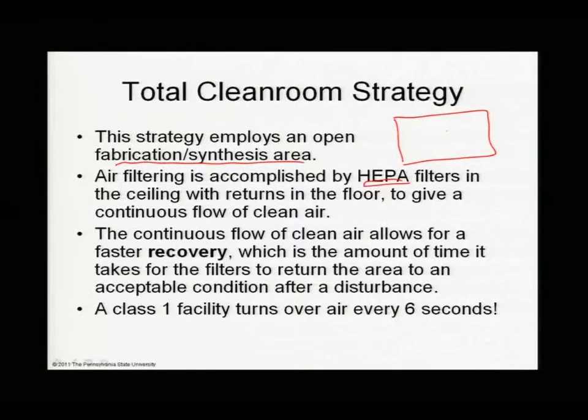The clean rooms are designed to try to make that flow laminar, because we don't want mixing, as we said. We want laminar flow. We don't want turbulent flow. Turbulent flow gives rise to mixing, mixes things up. And this continuous flow through the HEPA filters, through the room, out the floor, allows for continuous recovery,